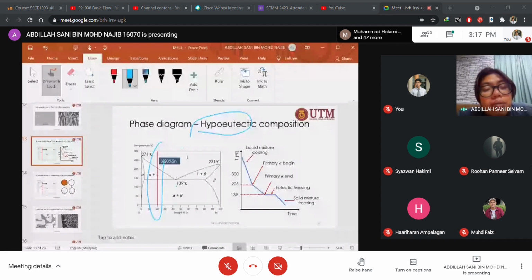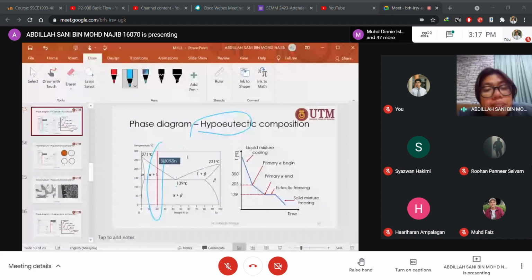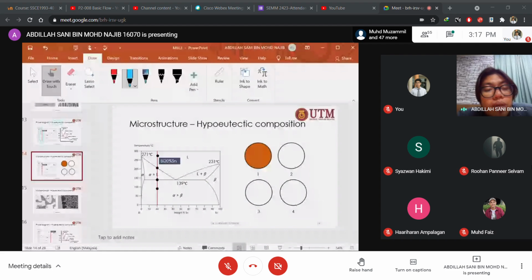And what it is all about is, for example, at number one, it is in liquid form, and at number two, the solidification starts to occur, and when it passes number two, there will be a mixture of liquid and solid. Okay, liquid and solid, right? And